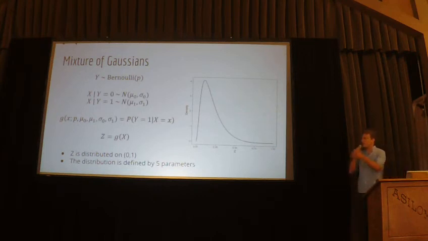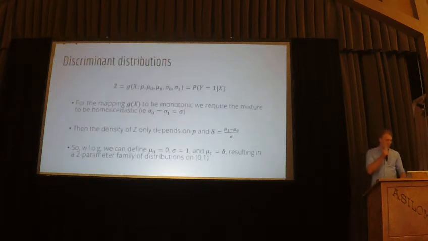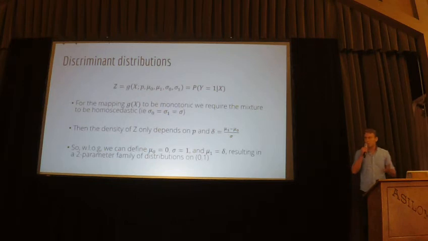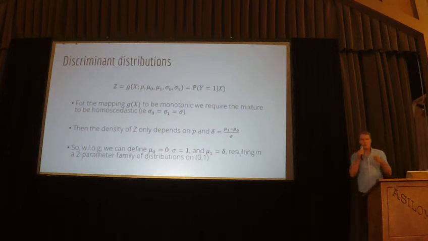And in fact, Z is the distribution of all predictions from a one-dimensional LDA. And much like LDA, we require that the mixture is homoscedastic, has the same variances, and that means there's a monotonic mapping between X, the signal that a driver gives off, and their risk, the probability that they're actually carrying contraband. Once we make that constraint, the distribution of Z, the distribution of the risks, only depends on P, the probability that a driver is carrying contraband, and this delta, which is the normalized distance between the guilty mean